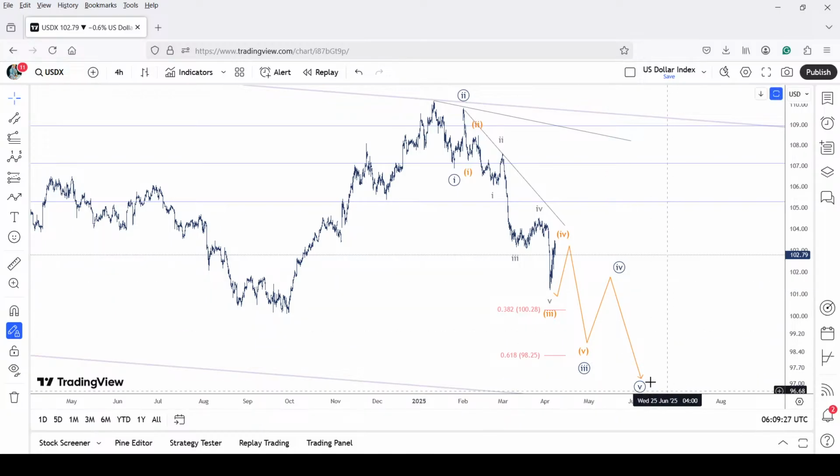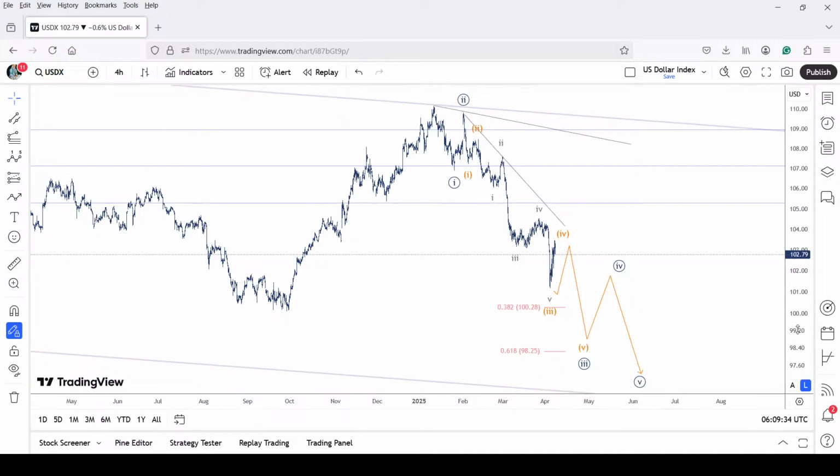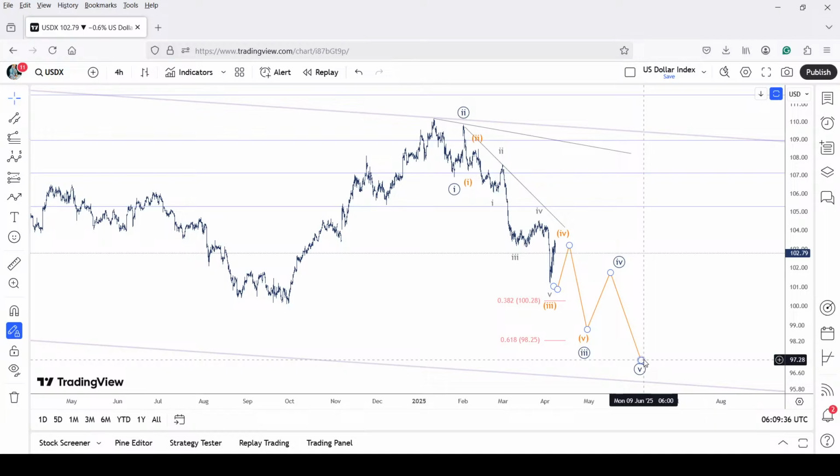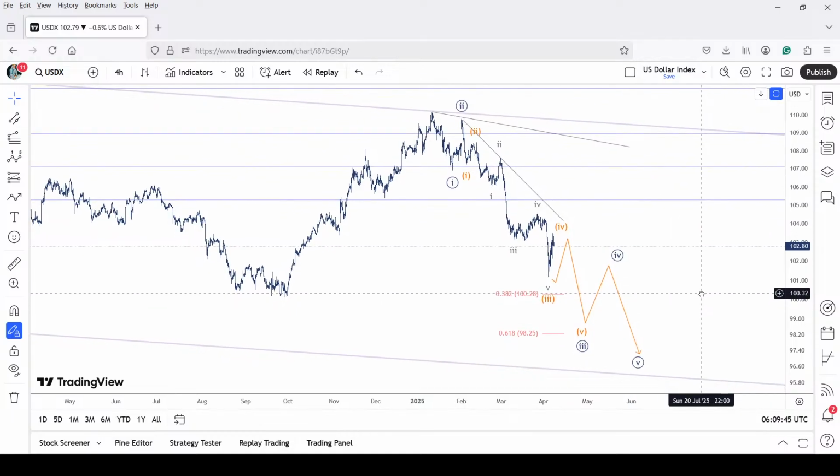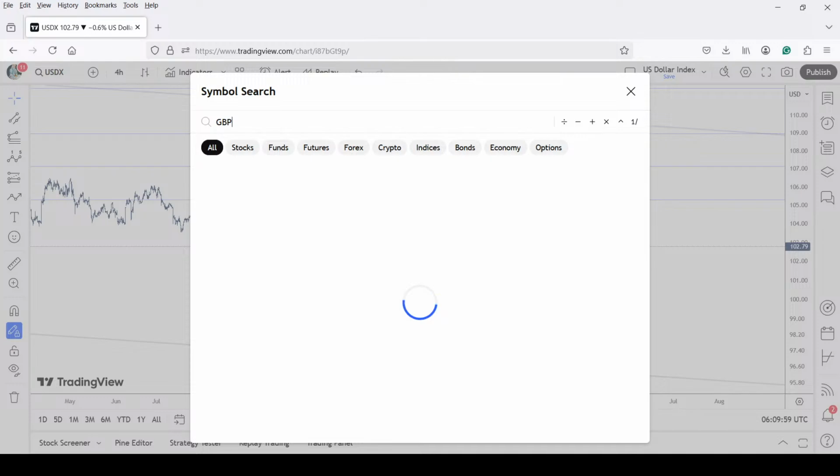Possibly by April, if prices manage to drop around 97, 96, then the dollar index should be able to find good support coming in at the Elliott channel there. And beginning May, it can reverse actually and turn bullish again. But at least until the rest of the April series, bears should remain in control going forward. All right. Okay, the next one is